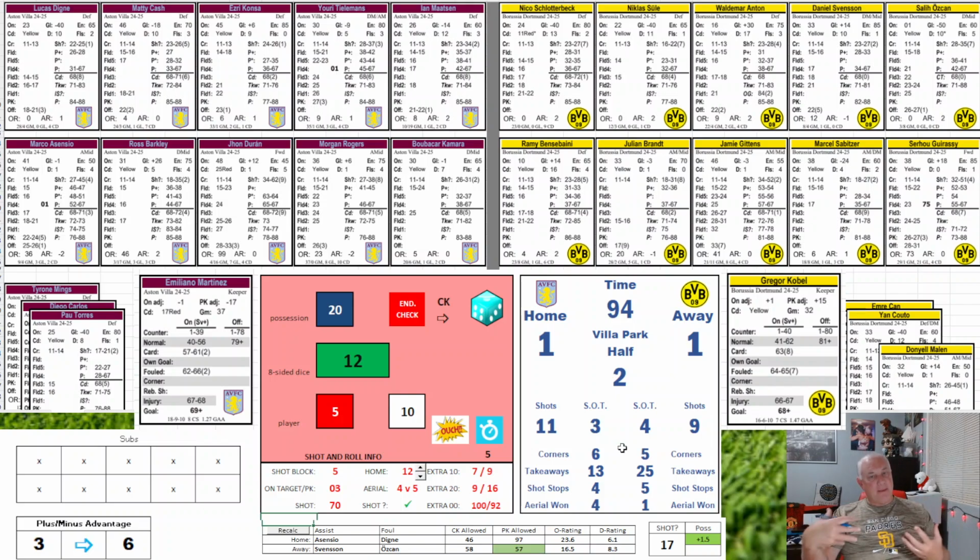So the one thing I have to think about is this endurance check after all the subs are done. Normally I would make that a plus-minus penalty. I haven't decided what I want to do with this yet. I'll probably just make it a team plus-minus penalty somehow. I'm still thinking about that. That will probably come in. Still trying to work out the sub thing first.